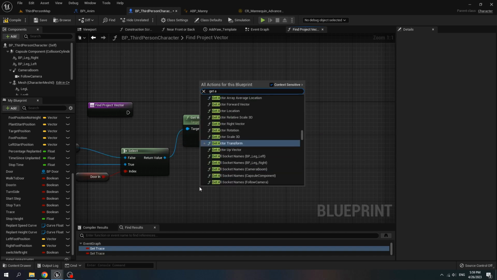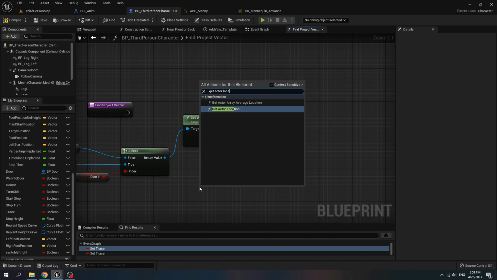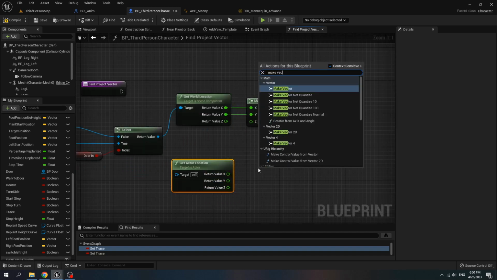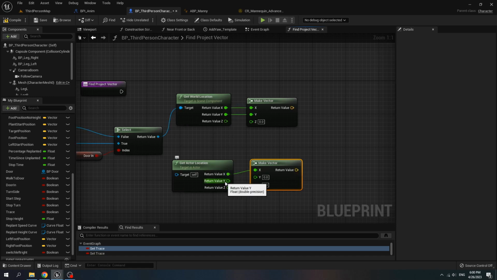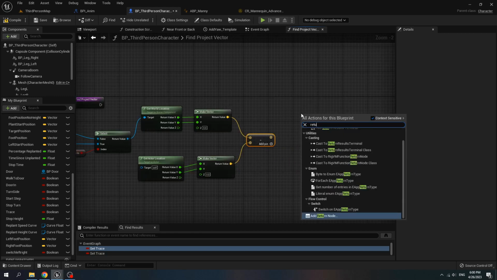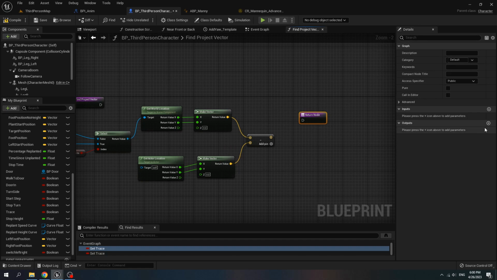Get actor location, split, make vector, connect x to x, y to y, and subtract it. Create a return node, and output is return value, and connect it to the return value.